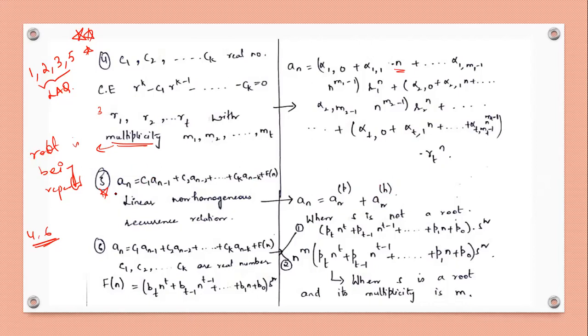Okay. Now theorem 5 needs to be practiced, and you will have to see the various cases. That is, if we have a polynomial, what is the particular solution that we take? And if we have a constant with power n, then what is the particular solution that you have to take? I've shown you both the examples in the theorem 5 session. Please refer back to it. Now, the next one is theorem 6, which we have just seen. Theorem 6 is basically when we have f of n as a product of a polynomial and the nth power of a constant. Then in this case we have two cases. We have just seen the two cases.